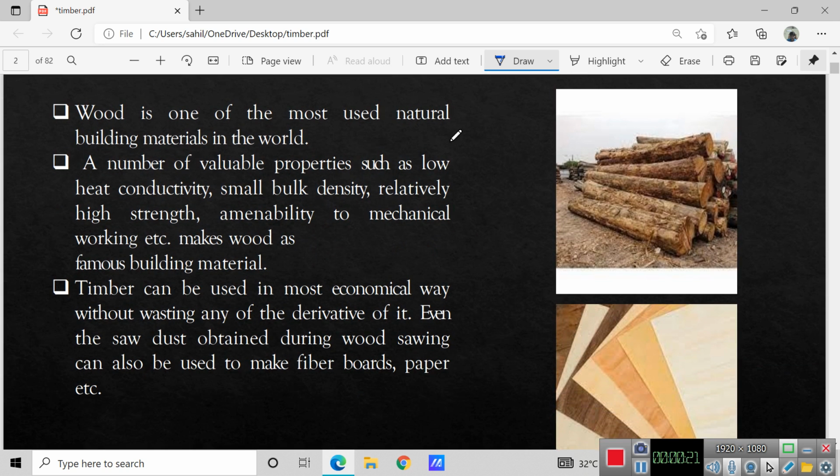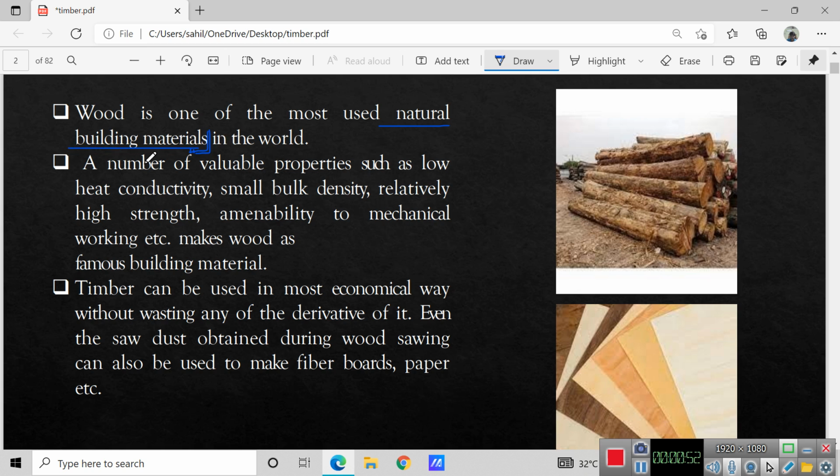Now here is the first slide which shows some basic information about wood and wood products. In the first point it is mentioned that wood is the most used natural building material. From this we can refer to the fact that in the previous lecture on brick we noticed that brick is one of the most used artificial building materials, and therefore wood is the most used natural building material. So here are two different aspects of building materials you can see.